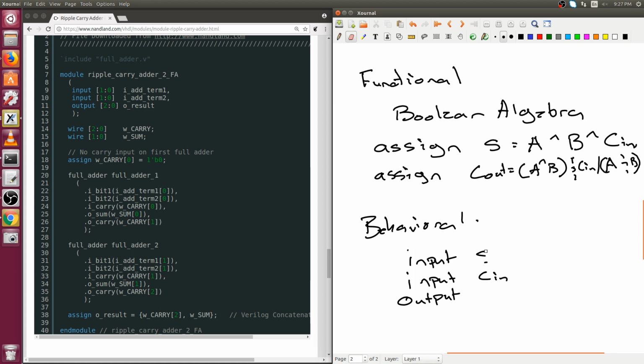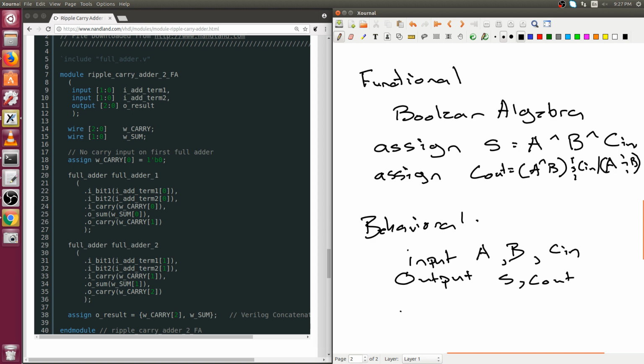Oh, sorry. Input. Sorry, I don't know why I said that. It's input A, comma B. Input, and then also we can just put in the same line, Cin. Now outputs. Now remember, this is a port list. Output sum, cout. So the way that we would do this, if we wanted to do behavioral, we could just